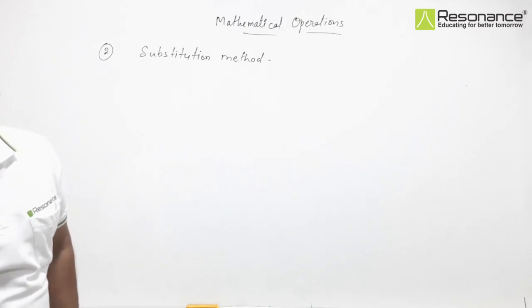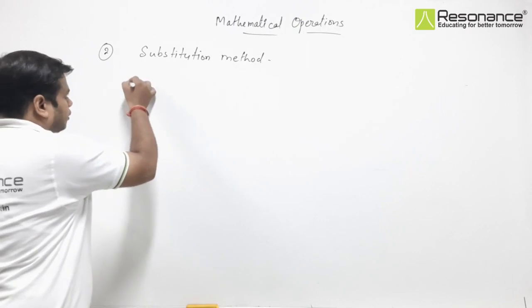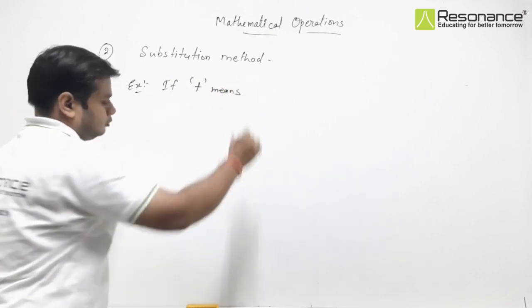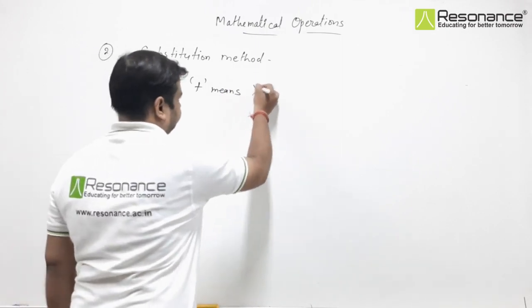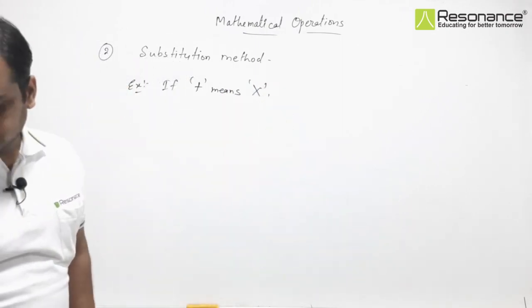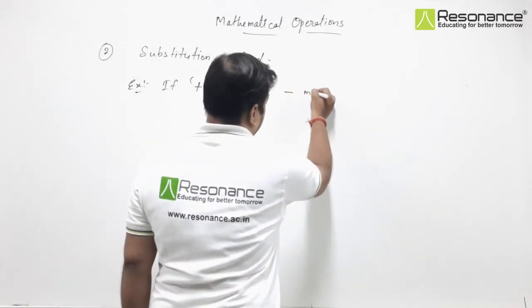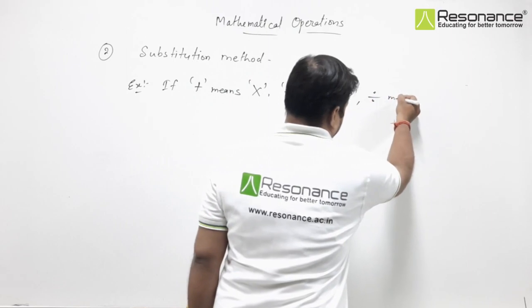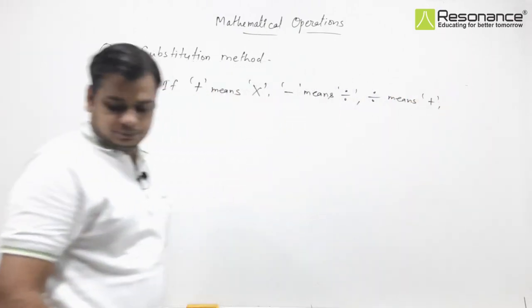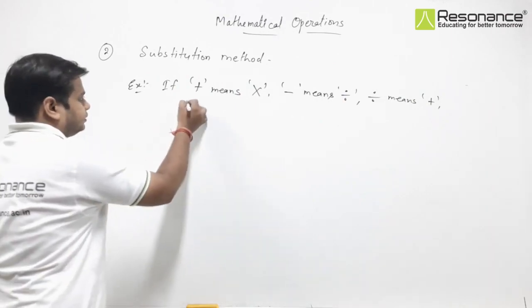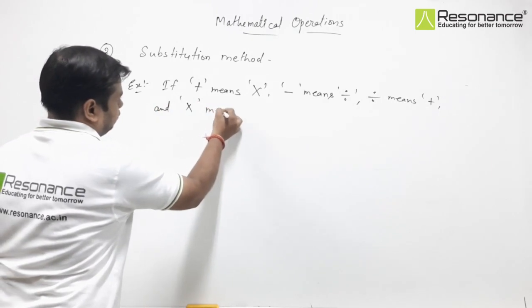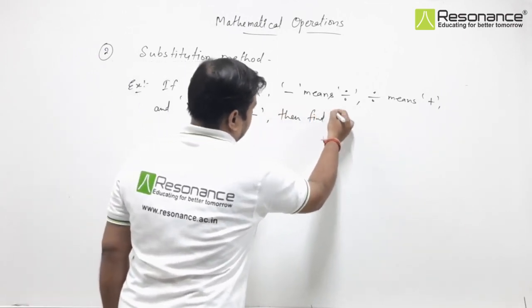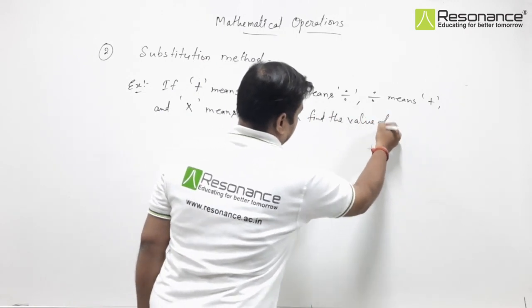Now another example we can have: if plus means multiply, minus means divide, divide means plus, and multiply means minus, then find the value of